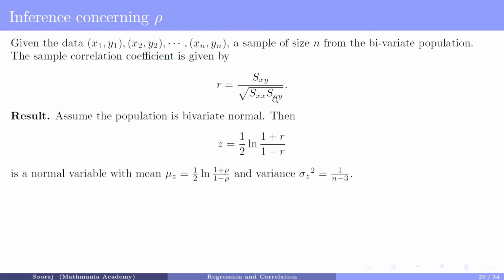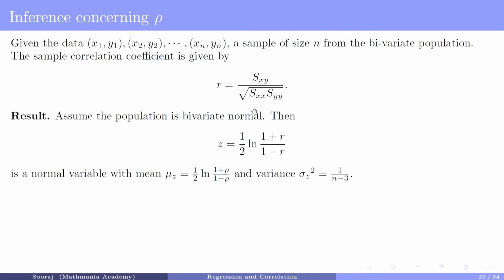These are the usual notations that we have seen in regression theory. We calculate all those values from the bivariate data and substitute in this formula to get the value of r. If we assume the population is bivariate normal,